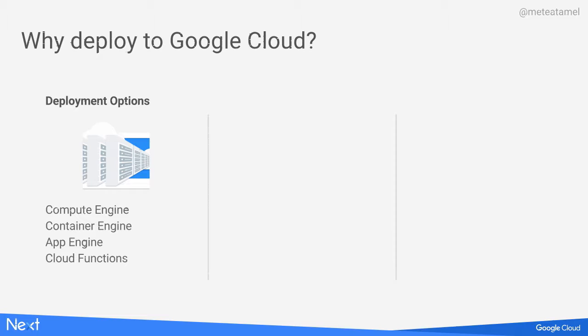If you want to run your app in a VM, we have Compute Engine. If you switch to containers and you want to have your container cluster, we have Container Engine. If you don't care about containers or VMs and you just want to deploy your app and let someone else take care of scaling it for you, then you have App Engine. If you don't even care about apps and you just want to write your functions that get triggered by some trigger, then you have Cloud Functions. So no matter what you want to do, at what level, we have options for you, all right?